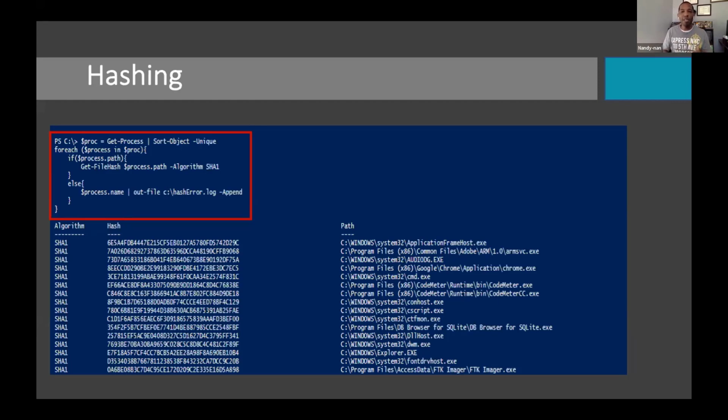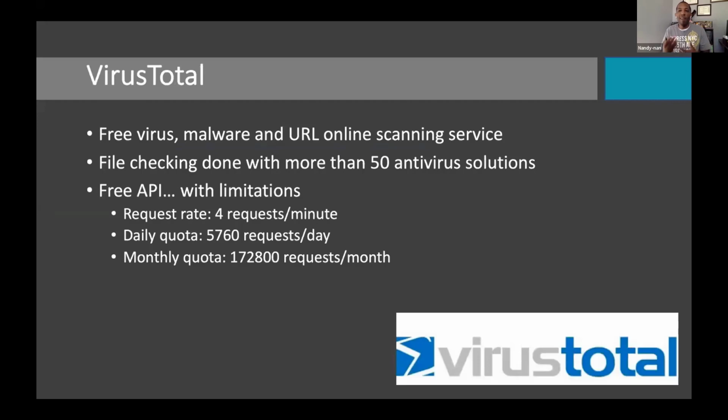Now, once I have these, I still need to actually validate whether these are good or not. Maybe I have some in-house subscription service. Maybe I want to send it out somewhere. If you want to send it out somewhere, one of those options is VirusTotal, right? And VirusTotal has a free API, so we can do this from the command line.